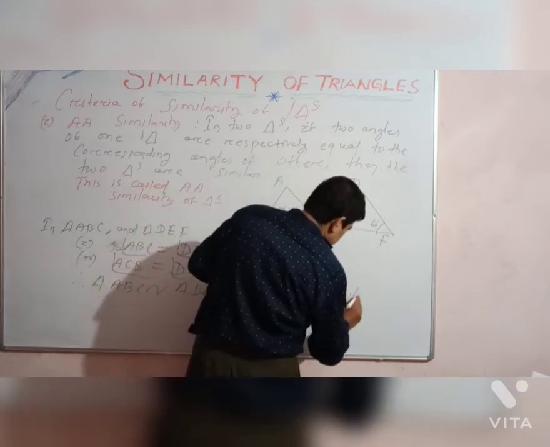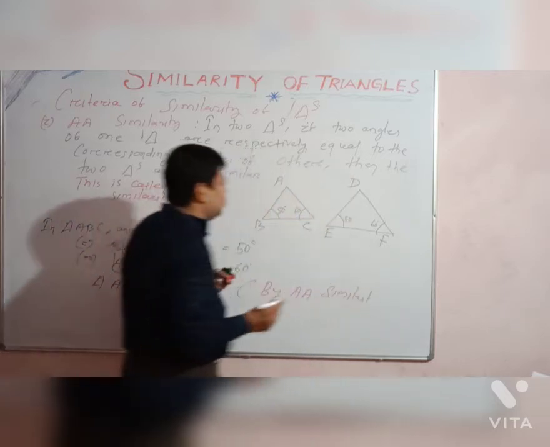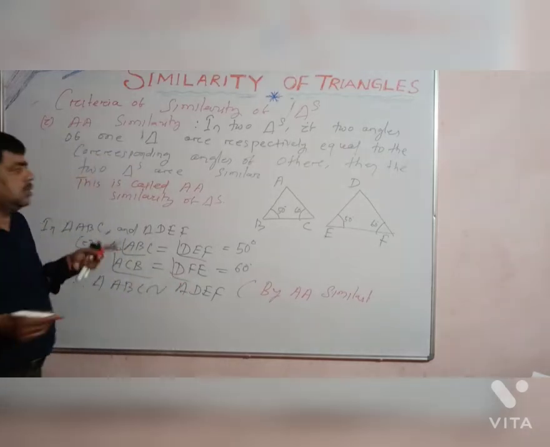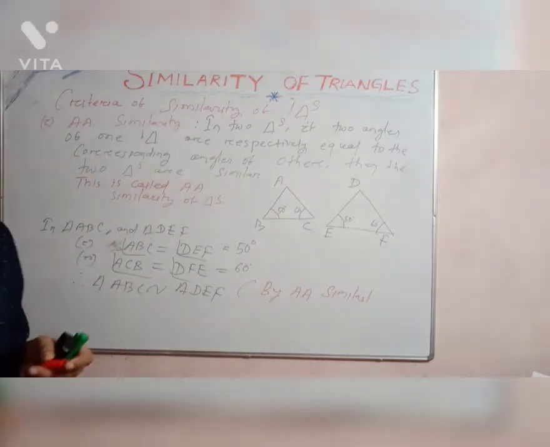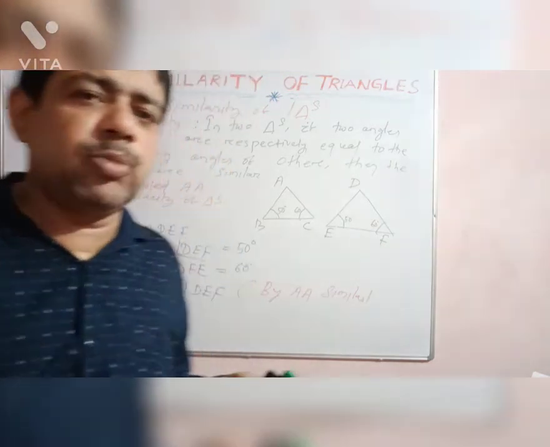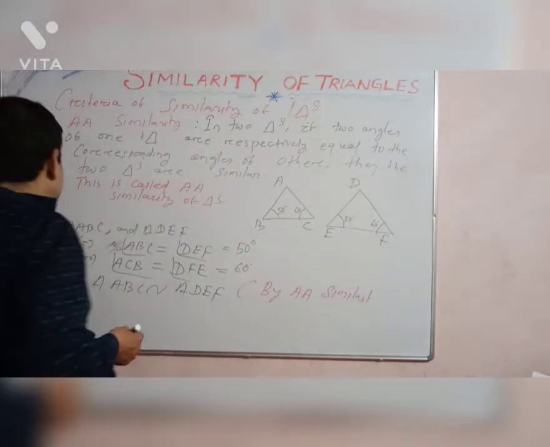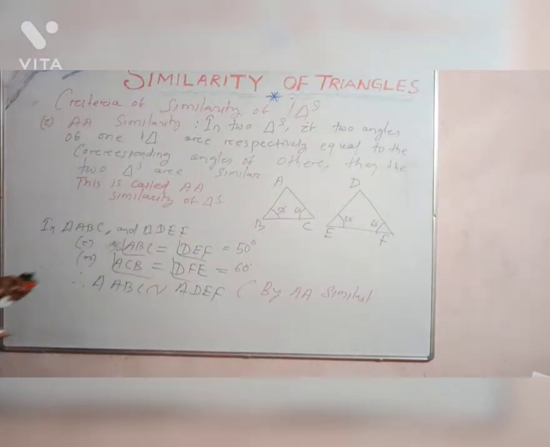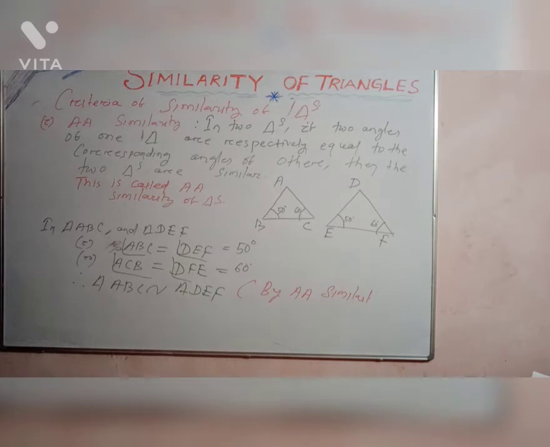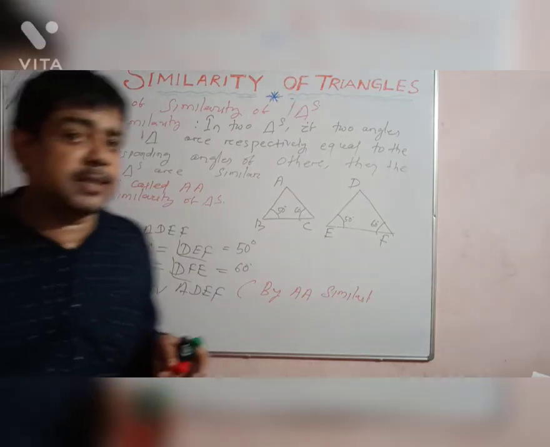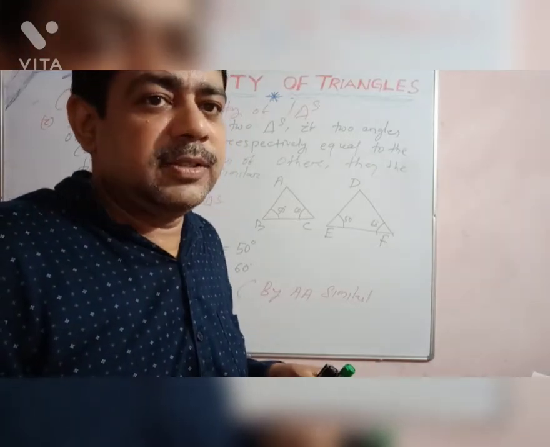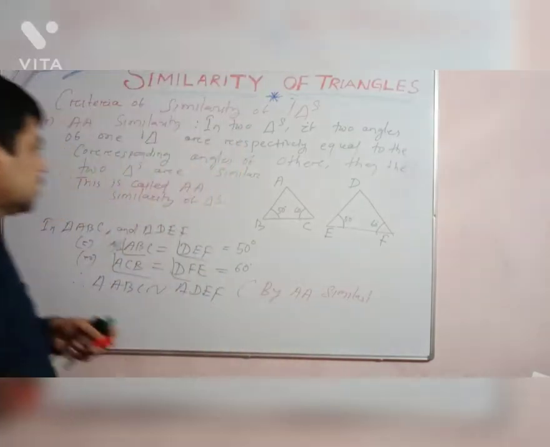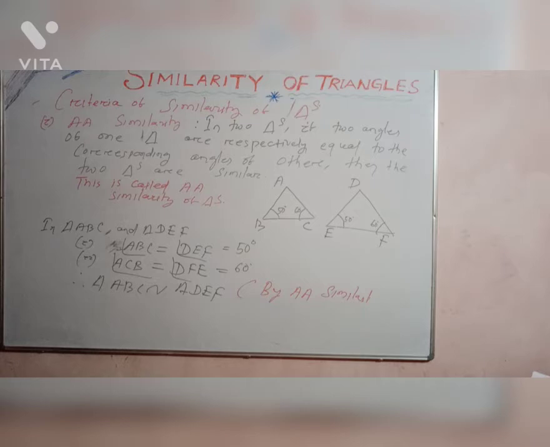Such triangles are also called equiangular triangles. This is also called the equiangular theorem, equiangular statement. Understand? This satisfies the similarity condition, the angle condition. But you know the angle condition does not satisfy the congruence of triangles. Yes or no? All of you know this from the previous class. Okay, let's see another condition.